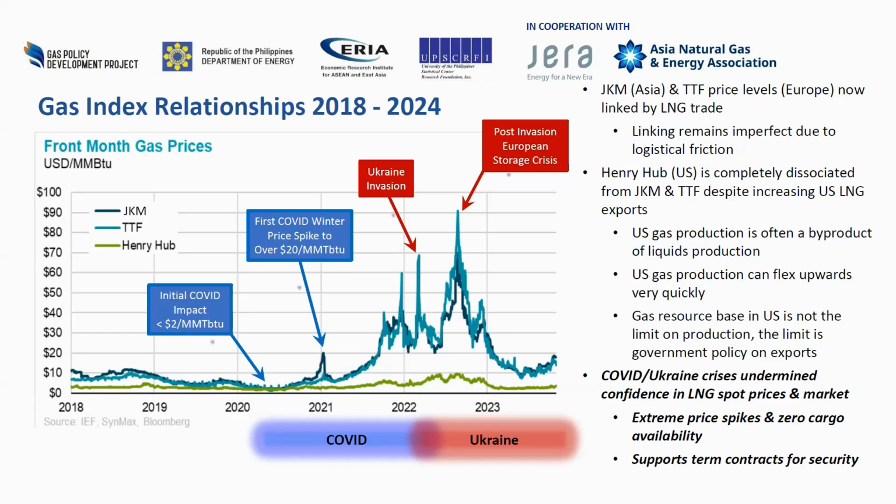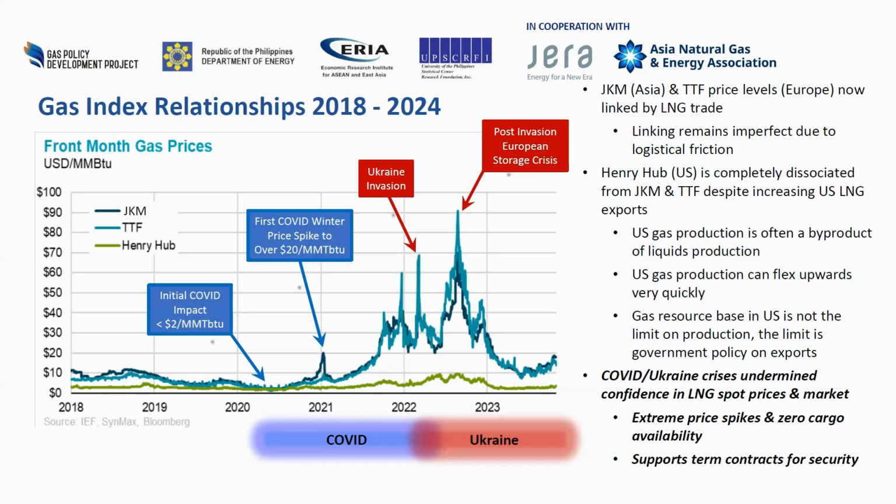There are some differences in there, which are due to logistics and that sort of thing. But basically, these indexes just went through the roof. You can see the initial COVID impacts here. When COVID was March 2020, right in here, the spot price went down to well below $2. It was as low as I've ever seen it,